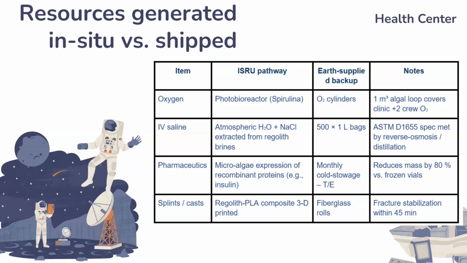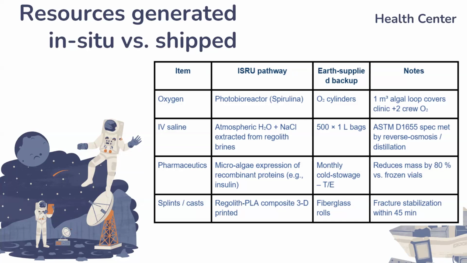Then comes the on-site pharmaceutical production using genetically engineered algae such as Chlamydomonas reinhardtii. Research has demonstrated that it can express therapeutic proteins like insulin, growth factor, and antibodies in microgravity conditions. These biopharming concepts have now moved to early stage lab demonstration. It is at TRL 5 currently. So these can be used in the Mars Health Center. We can extract these active compounds and formulate the essential medication needed there.